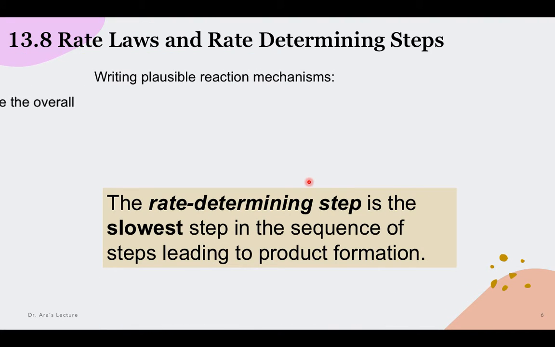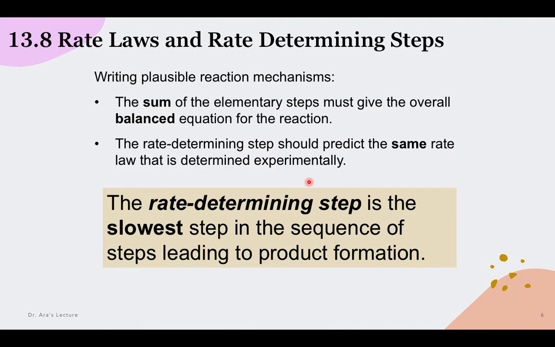So that means we have the relation between the rate law and the rate determining step if we consider the elementary step. So in the possible reaction mechanisms, the sum of the elementary steps must give the overall balanced reaction. We know that the rate determining step should predict the same rate law that is determined